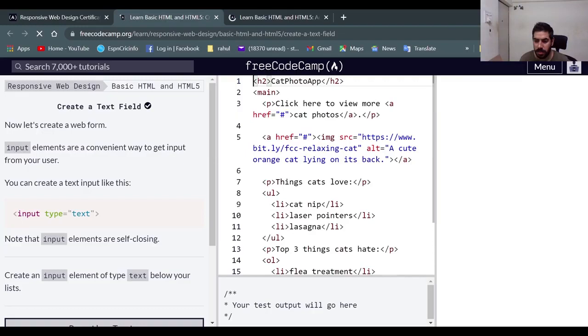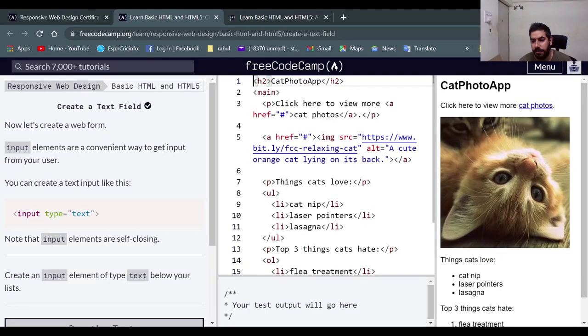Okay, so let's create a web form. Now we are getting into a little complicated thing, and let's talk about this. Input elements, like creating a text field. Whenever there's a web page, there are different types of inputs, and we'll learn about all those later. There are different types of inputs, such as buttons, text input, text box, checkbox, like that. So we can make different types of input. Whenever you want the user to give any input, we'll be using this.